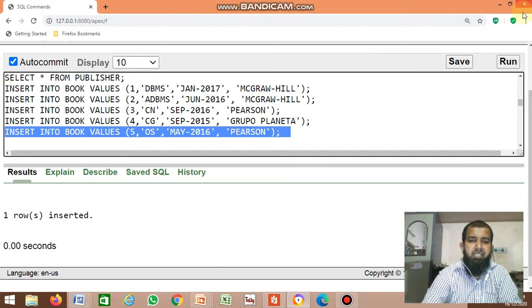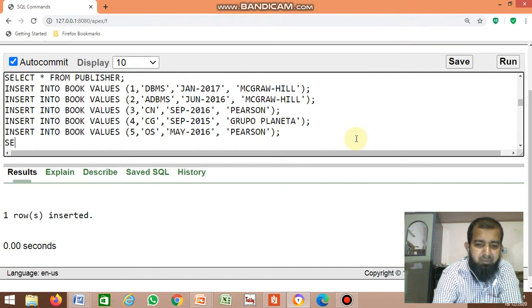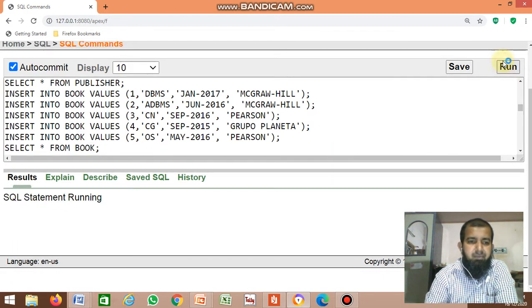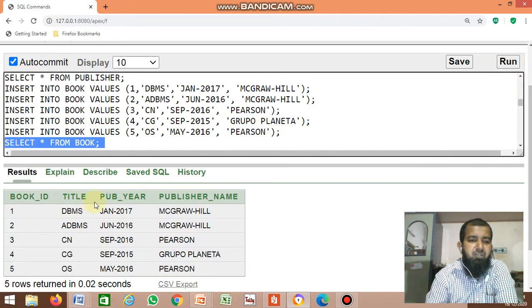Okay, next, now display the book table. So there are 5 records inserted in the book table.